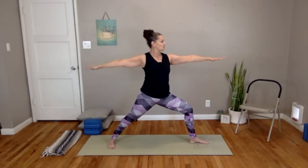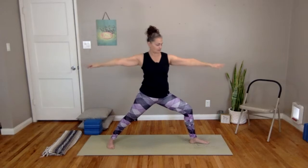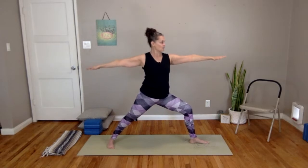Right foot parallel or turned in. Find your pose first. We're gazing over the left fingertips. We're trying not to have our shoulders in our ears, but there's a lot of work to reach the arms out. Press down through your strong feet. Legs working, and then